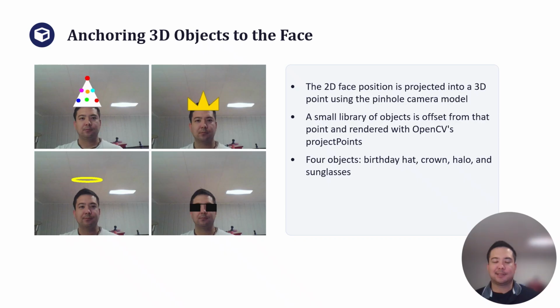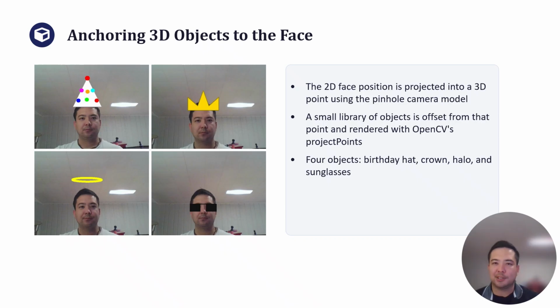Once the distance is estimated, I can project the face's 2D position into an actual 3D point in front of the camera, using the pinhole camera model, which was used for camera calibration and augmented reality early in this course. From there, I built a small library of 3D objects, a birthday hat, a crown, a halo, and a pair of glasses, as well as testing a pyramid to begin with, each defined as a set of vertices and faces